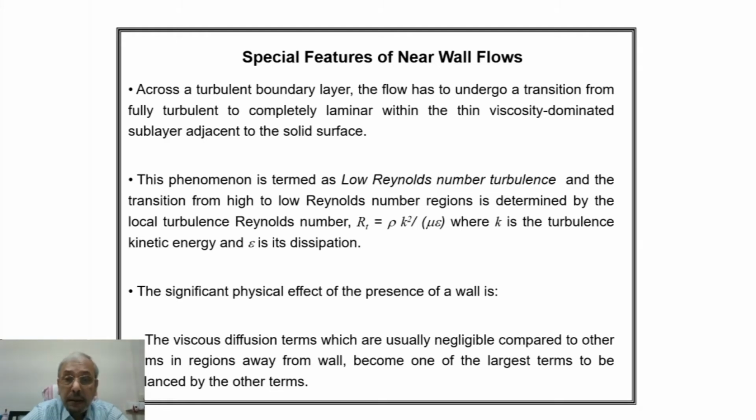Across a turbulent boundary layer, the flow has to undergo a transition from fully developed turbulent flow to completely laminar within the thin viscosity dominant sublayer adjacent to the solid surface. This means if we travel across the fully turbulent core region at the edge of the boundary layer to the wall, the phenomenon is termed low Reynolds number turbulence, and the transition from high to low Reynolds number regions is